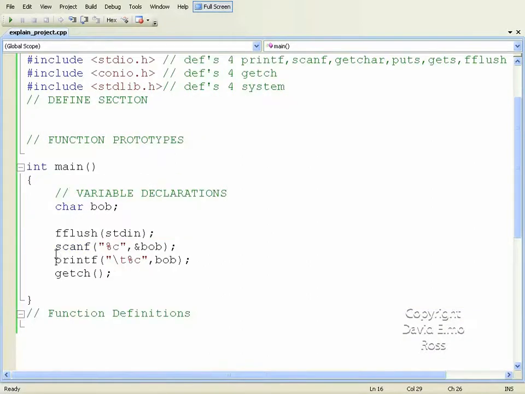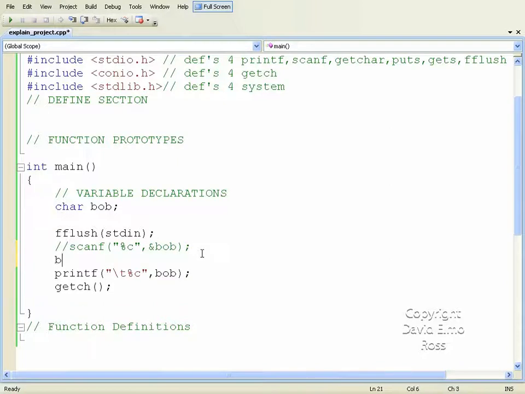Instead of doing the scanf, you should always flush before you scan. But I'm just going to get rid of that, and I'm going to do something that's kind of different. I'm going to say Bob equals getch. Now, as you saw before, there's a difference between getchar and getch. getch waits and grabs a character from the buffer, and we've used it in the past down here, as you can see, to terminate or to hold the screen open to see stuff. But in this case, we're going to use it to grab a character from the keyboard and put it